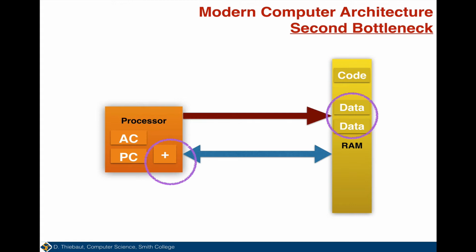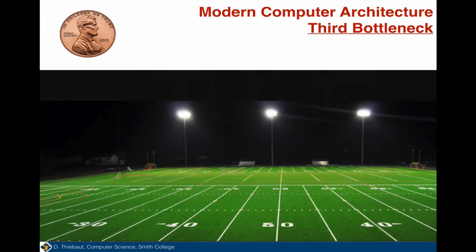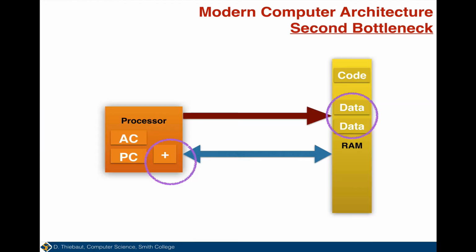So that's the problem, is that if you have instructions and you want several pieces of data that you want the processor to work on, do some operation, then you have to fetch the instruction and the data separately, one after the other. So you have a slowdown due to that. So actually here, the second bottleneck is due to the fact that the data that the processor needs to work on,